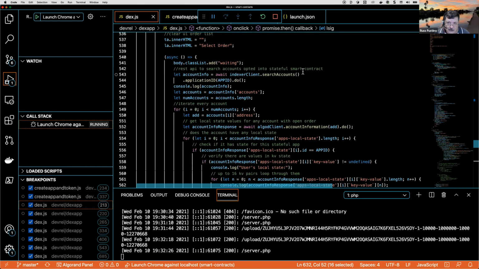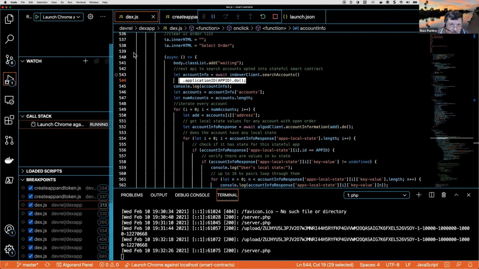So this one here is actually going to search accounts using the indexer client. And so now this is going to search it for that particular application ID. And the application ID is what we had done in the stateful contract. And then if you look at the